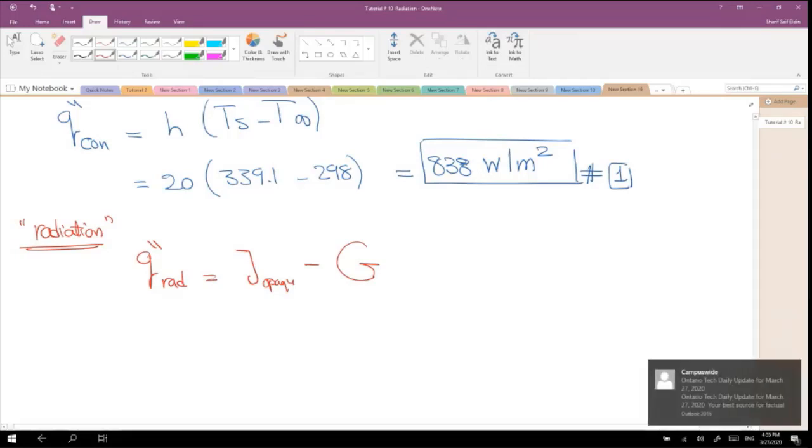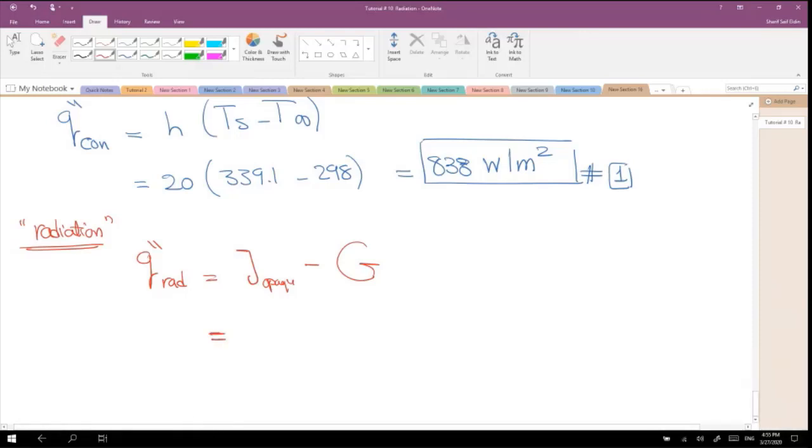So J for the opaque surface, after refining, is going to be